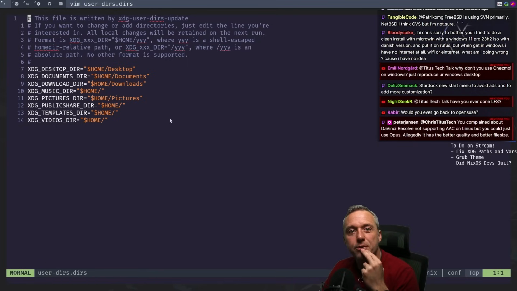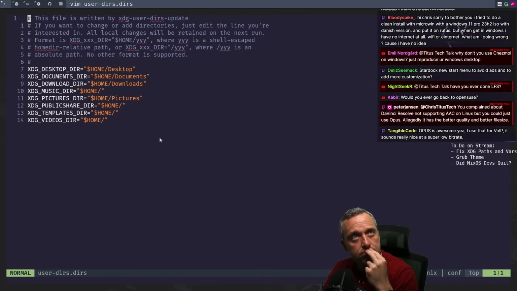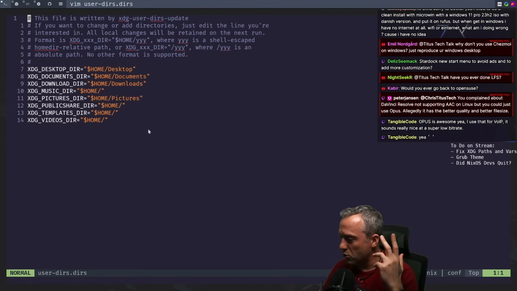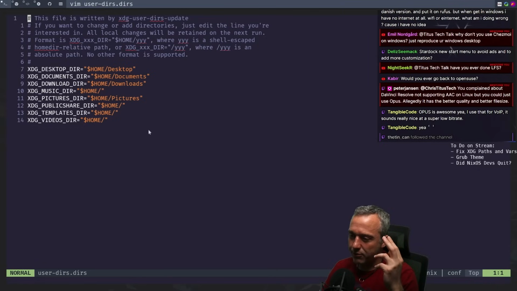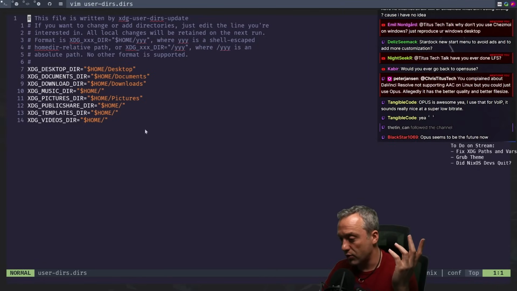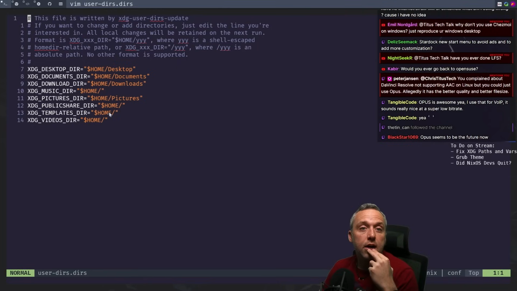You complained about DaVinci Resolve not supporting AAC on Linux. You could just use Opus. Allegedly, it's better quality and a better file size. Opus is great. I've actually used the Opus codec for telephony, which is nice. A lot of telephony stuff uses, I want to say a 7-Eleven codec, but there's a gas station here that is probably causing me that. I also used a more compressed codec that required licensing for satellite stuff, I think the G.729 codec. Anywho,